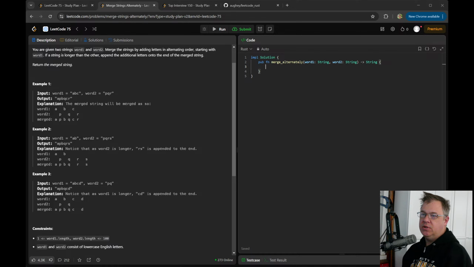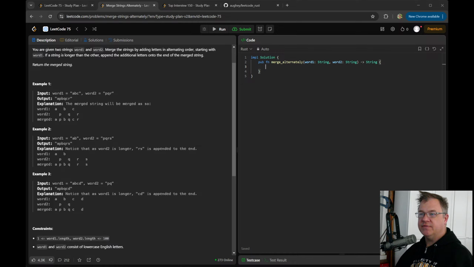Otherwise, we're going to return it. This is really just guarding against the case where value is empty, where we've consumed one side.